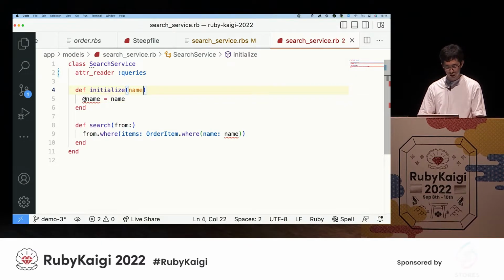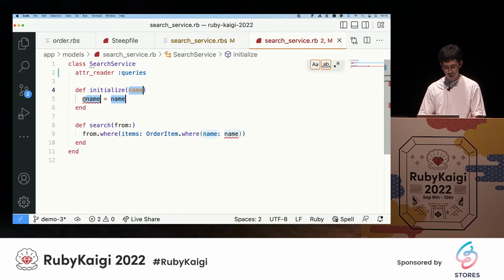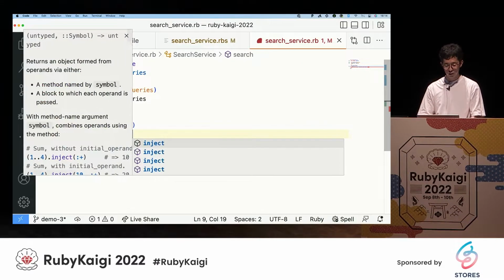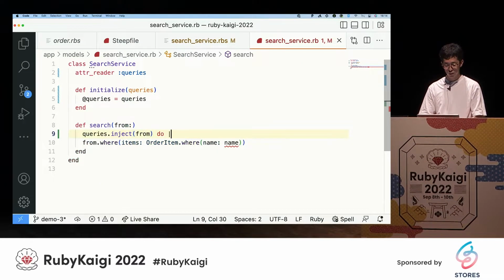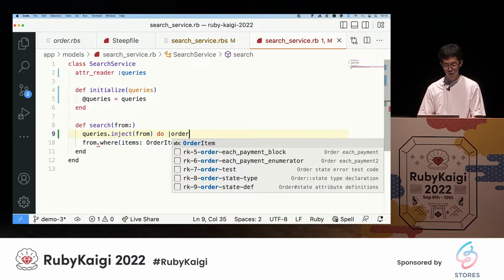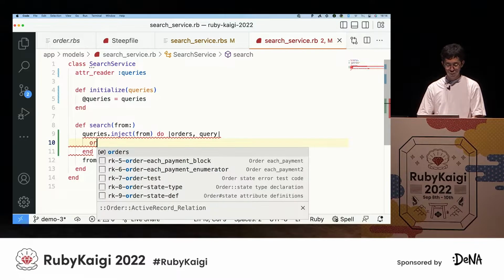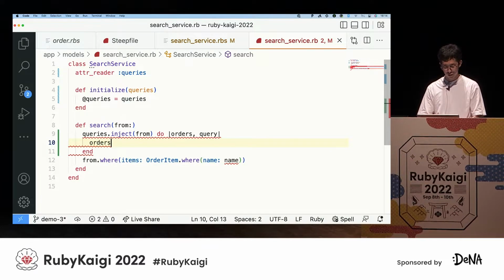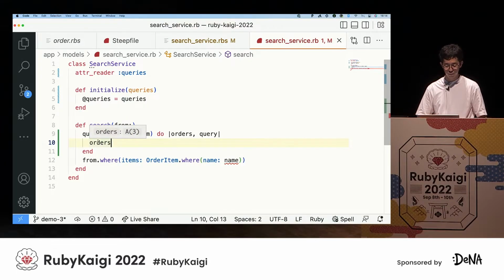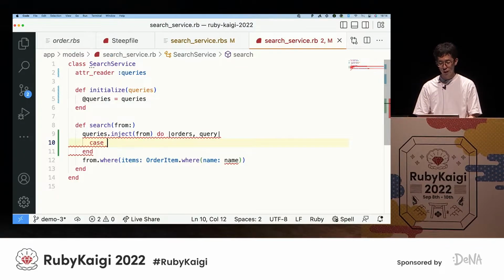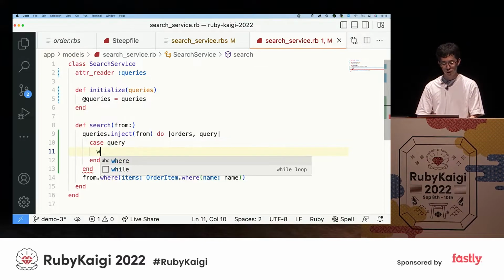Editor reader queries, it will be queries, and we will have the, so orders is, oh no, the order object. So we use the inject, and we write some case when